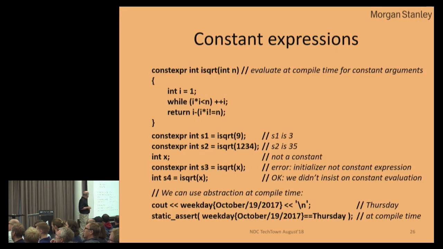We can do things like this. The example I have here, integer square root, was requested by somebody in the Japanese embedded systems industry. They wanted an integer square root, and so I did one, and I used it as an example for constant evaluation. So basically there, constant expression S1 is the integer square root of 9. Even I could do that in my head. It's 3. But 1, 2, 3, 4, what would I do?